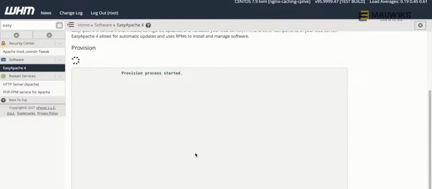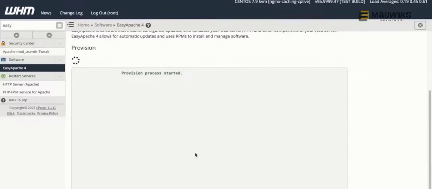I have not shown you that earlier, but just in case your NGINX is not yet enabled, or you're still installing it,